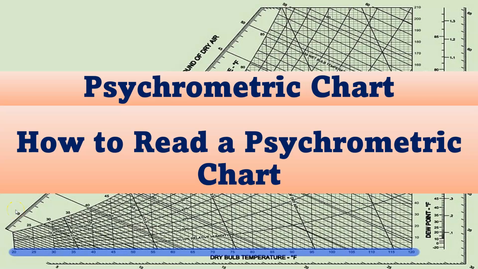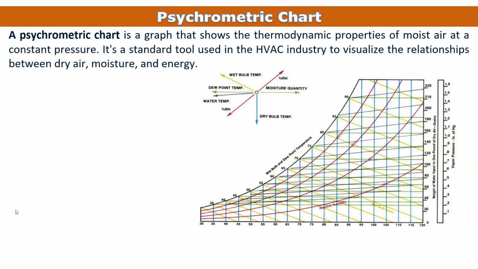Today I'll talk about the psychrometric chart. I'll discuss how to understand and read a psychrometric chart. Now here I am giving one psychrometric chart. You know, a psychrometric chart is a graph that shows the thermodynamic properties of moist air at a constant